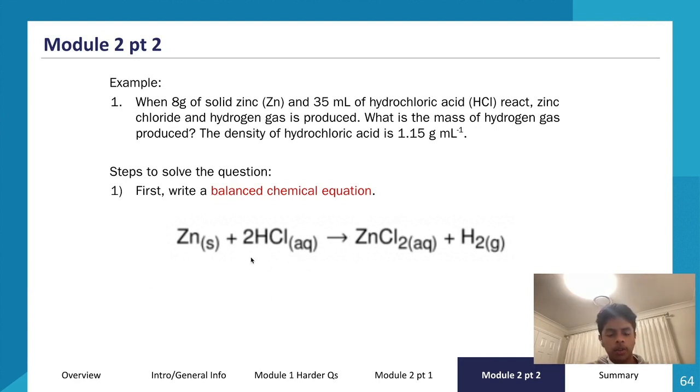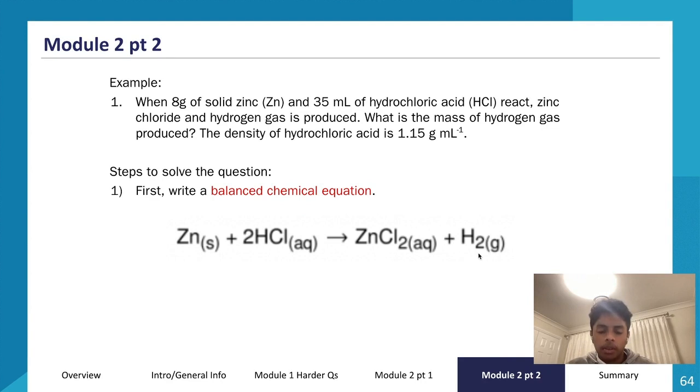So it's 1 to 1, right? For every 1 mole of zinc that is reacted in this reaction, 1 mole of zinc chloride is produced, because it's in a molar ratio of 1:1. Similarly, for every 1 mole of zinc that is reacted, 1 mole of hydrogen gas is produced, because it's in